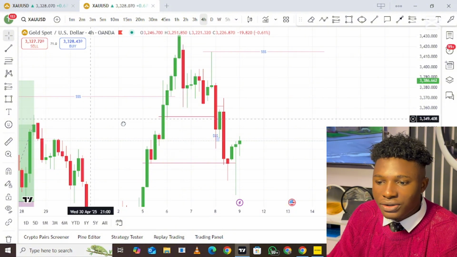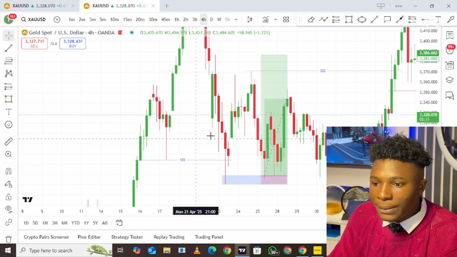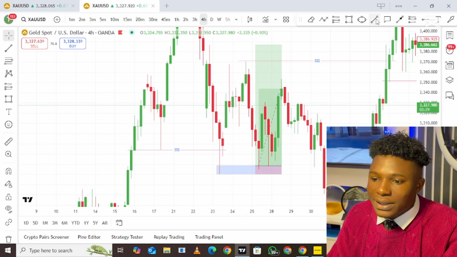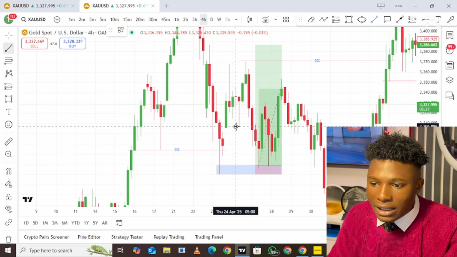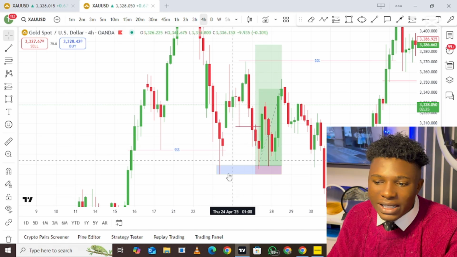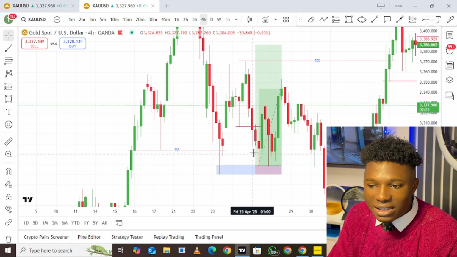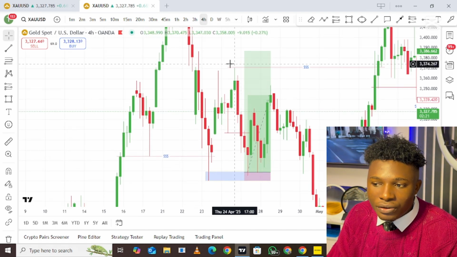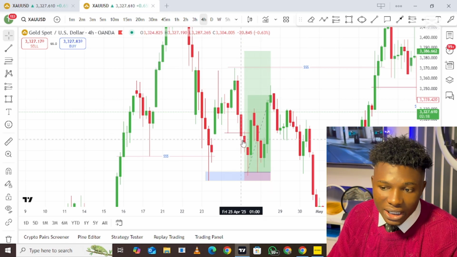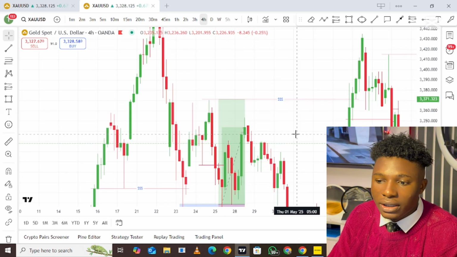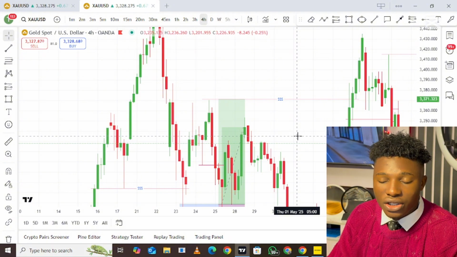Let me show you something also right here. You can see that price ended up taking out this particular low right here. So if price ended up taking out this low, before price can break the next low, price ought to react. It's not even possible for price to give 100% movement without reacting, you understand? Sometimes you have to secure your market, you have to secure your trade.